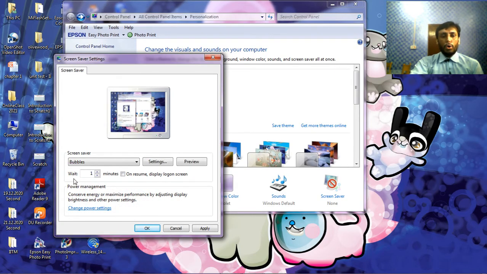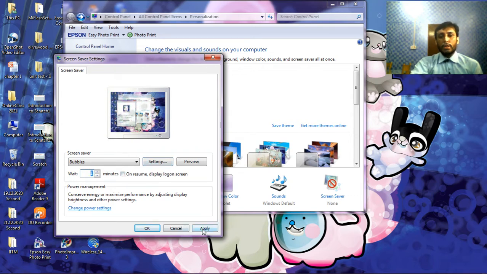So whenever you are not working on the computer and you want to display your screensaver, what should the timing be? You can wait for 1 minute or more than 1 minute. That time can be changed from here. Right now I have set only 1 minute, so that's okay.